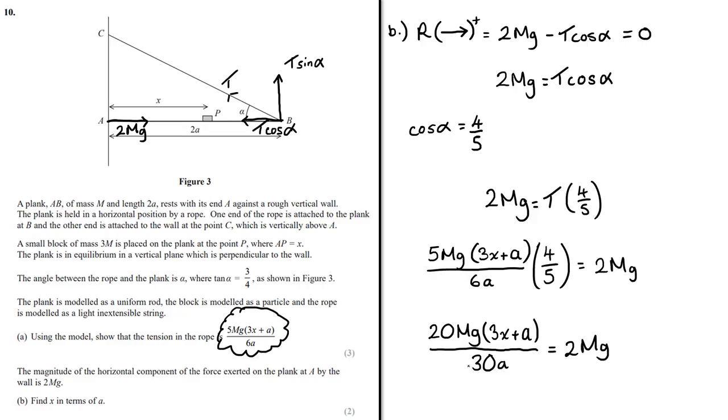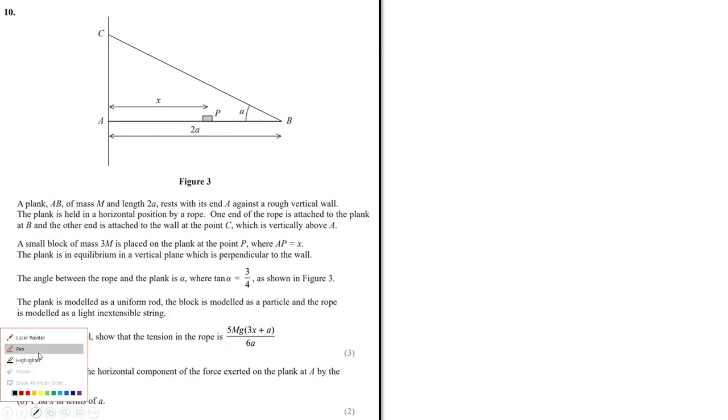And we can start simplifying here. I can divide top and bottom of the left-hand side by 10. So that's going to be 2mg times (3x plus a) all over 3a. And because I've got a 2mg on both sides, we can also divide by 2mg, which gives me 1 on each side. I've run out of room a little bit, so let's clear the screen. So what I've got then is (a plus 3x) all over 3a